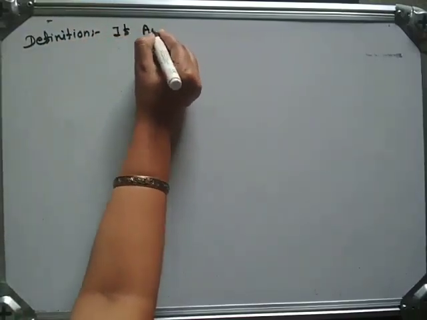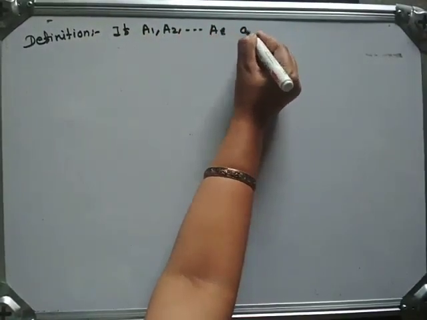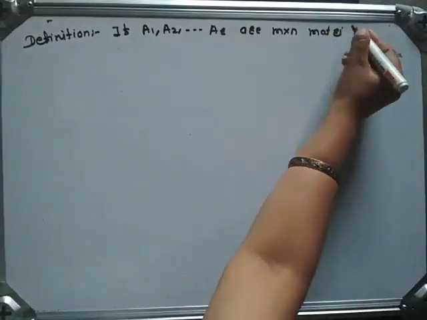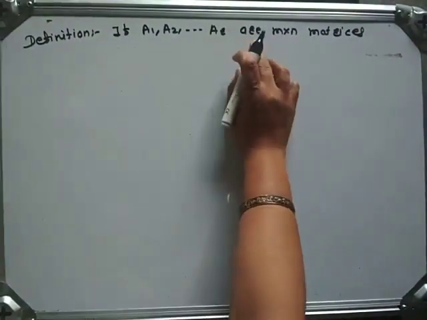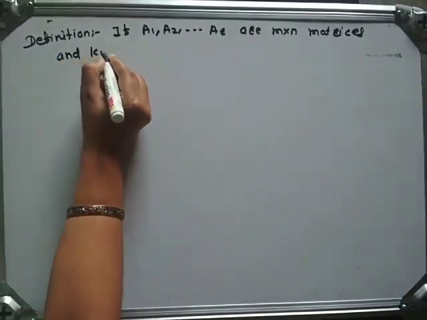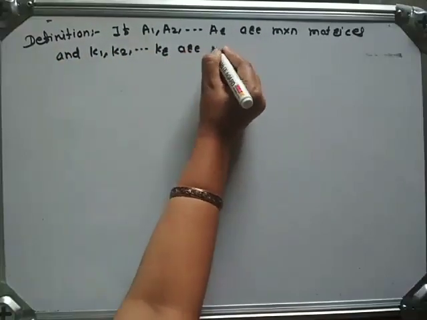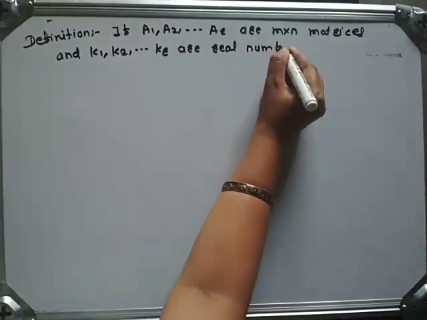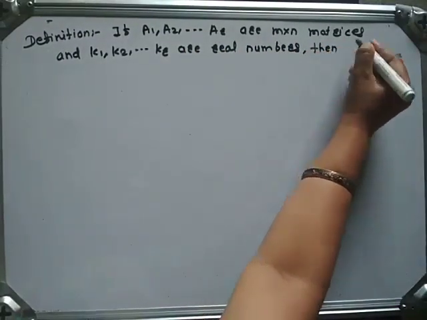If A1, A2 and so on up to AR are m by n matrices, which means the size of all of these matrices is m by n, and K1, K2 and so on up to Kr are real numbers, then the expression of the form